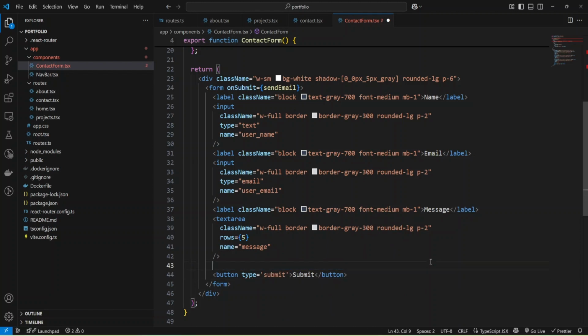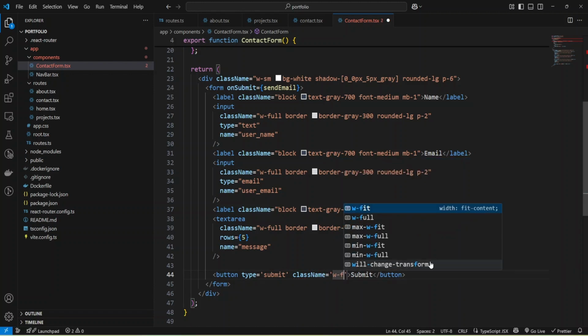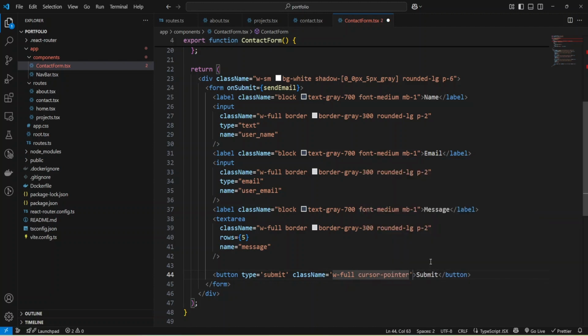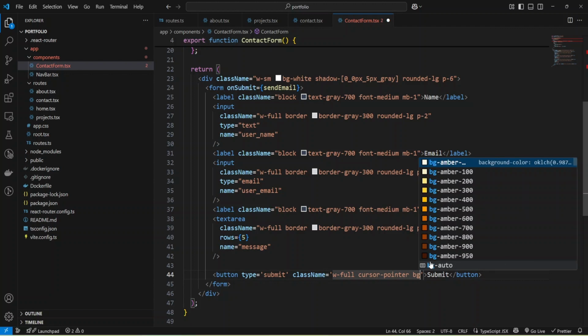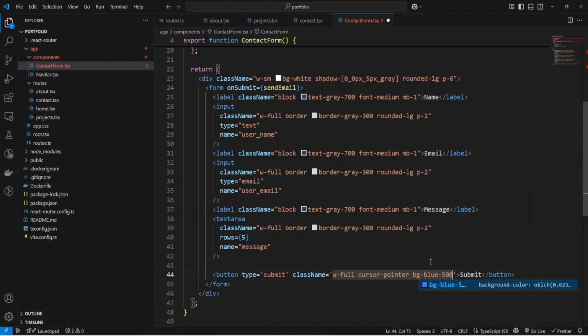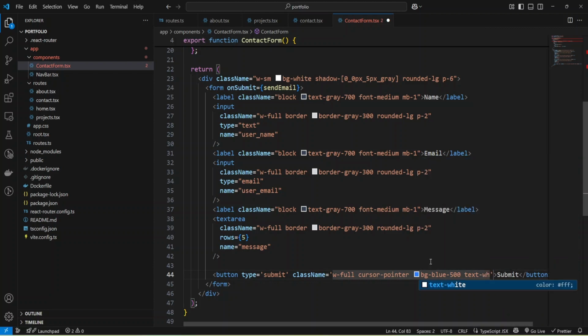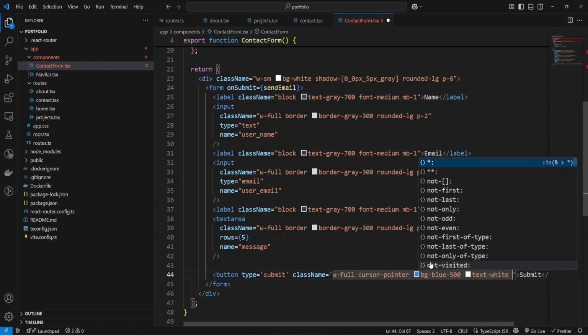You can remove this input and let's add some class name and provide Tailwind styles: make it full width and make the cursor pointer and change the background color to blue and provide 500 and make the text white and also we can add font